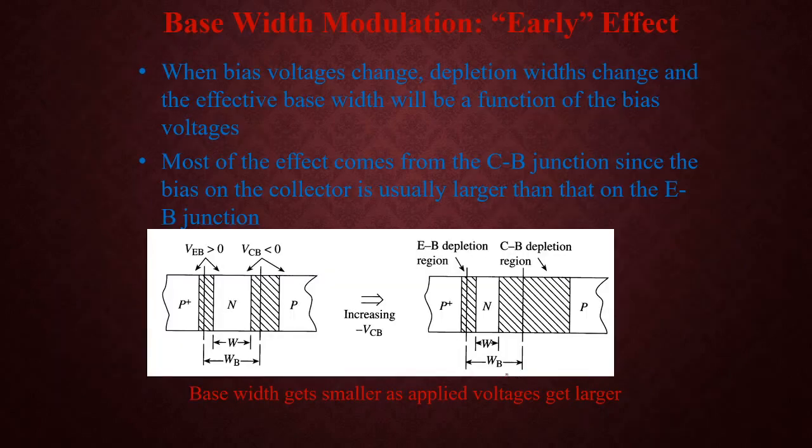So next we will concentrate on base width modulation, or the early effect. What is the early effect? Why is it called base width modulation? I will explain. This is a p-type, n-type, and p-type material. I am taking a PNP transistor now. We have already discussed NPN. Whatever it may be, this is the emitter, this is the base, and this is the collector. So this is a reverse bias voltage. Whenever I increase the reverse bias voltage, the depletion layer width increases. That is the phenomenon we mainly have to observe here.